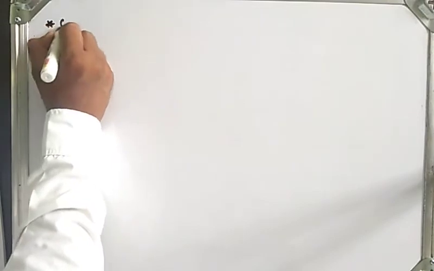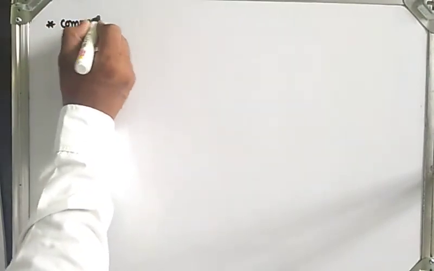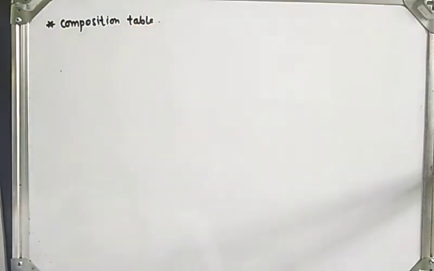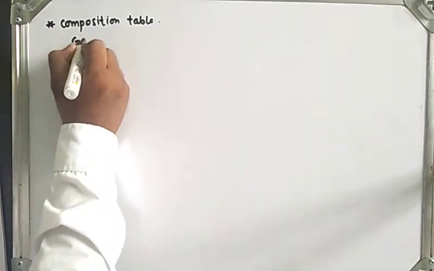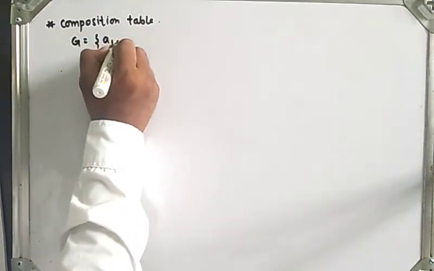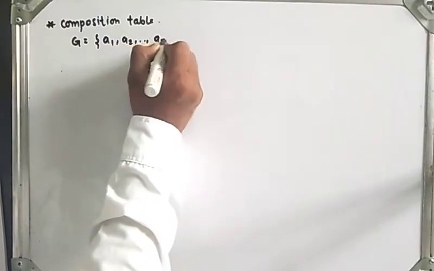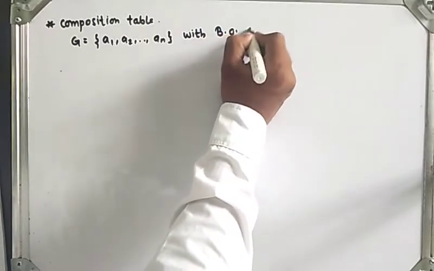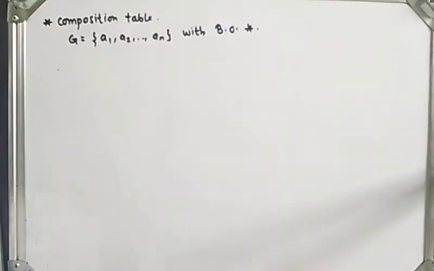So composition table. A binary operation on a finite set can be defined by means of a table called composition table or Cayley table. So it is the best way of describing a binary operation on a small set. If G is a set having elements a1, a2 up to so on an with binary operation star, then the composition table is given by,